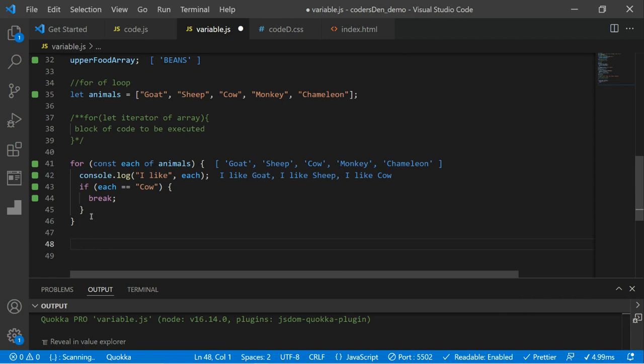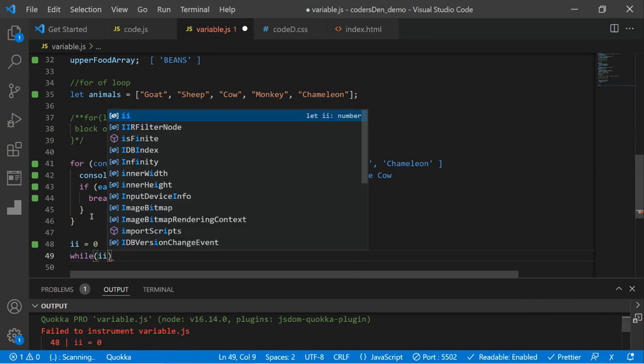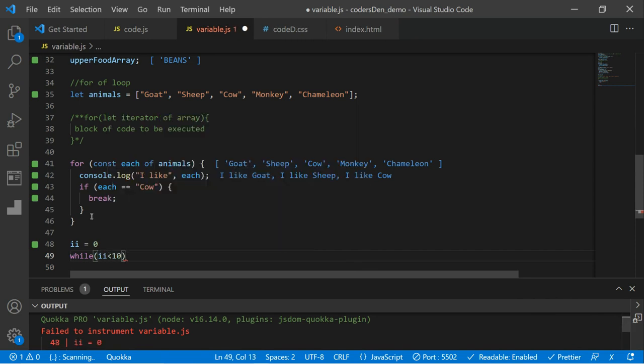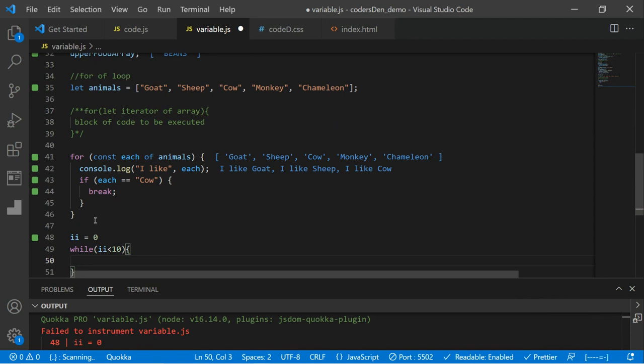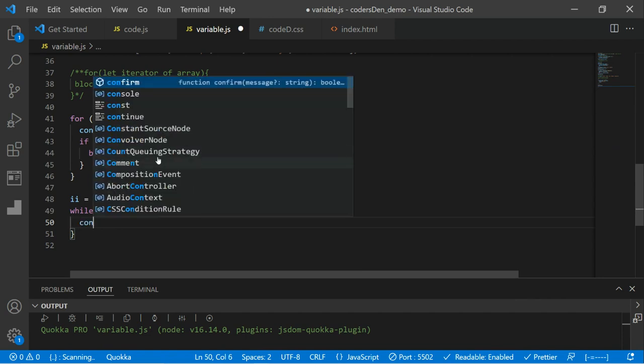Let me use the while loop. Okay, I have to say my i is equal to 0. If I say while i is less than 10, I want it to console.log